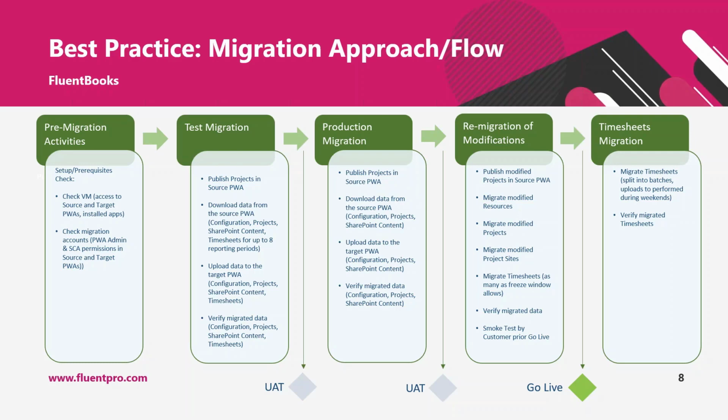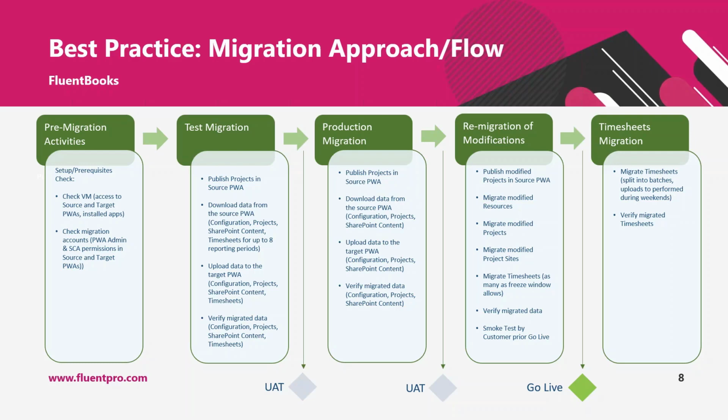After all these checks are done, you would proceed to either the smaller step, that is training migration, or you would proceed to the larger step, that is test migration. This stage could also be split into several